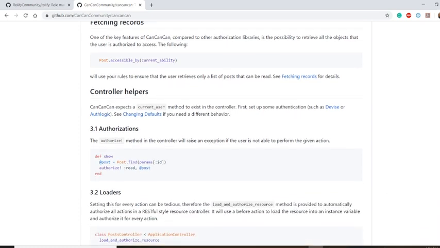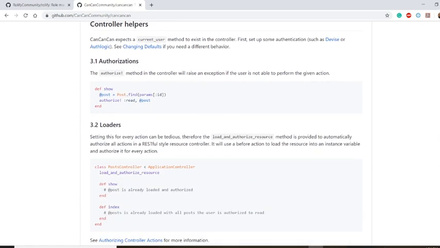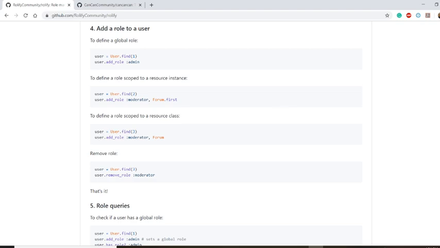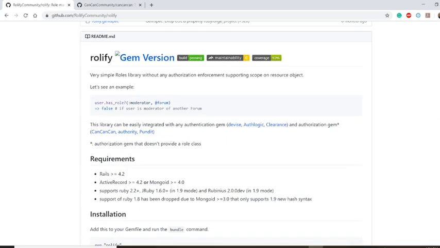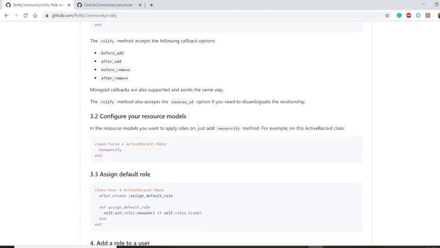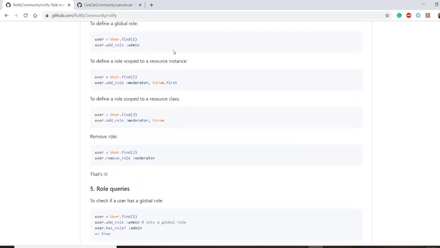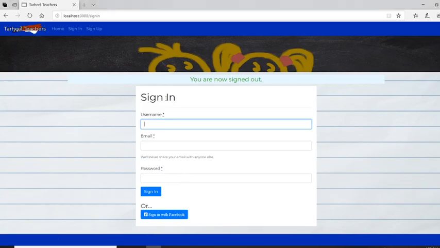You can read the documentation if you ever choose to use it yourself in any of your apps. The other one, to assign specific roles, uses the Rolify gem. And you'll see here it explains how to, for example, give someone a role as an administrator or as a moderator. But here on my Tar Heel Teachers app,